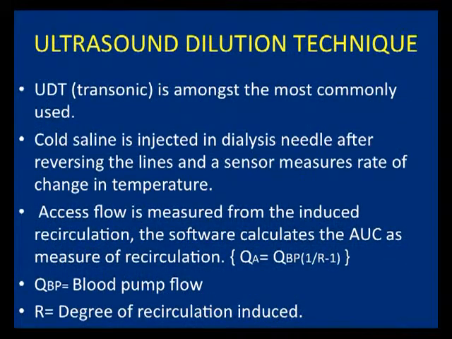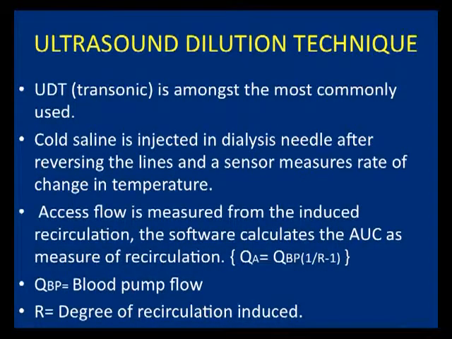Coming to ultrasound dilution technique, which I think is worldwide the most commonly used for access surveillance, it comes with the name Transonic and is among the most commonly used. Cold saline is injected in the dialysis needle after reversing the lines, and a sensor measures rates of change in temperature. Access flow is measured from the induced recirculation. The software calculates the area under the curve as a measure of recirculation and is given by this formula. QA is QP into 1 by R minus 1,